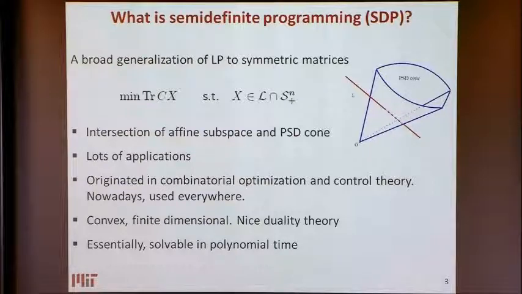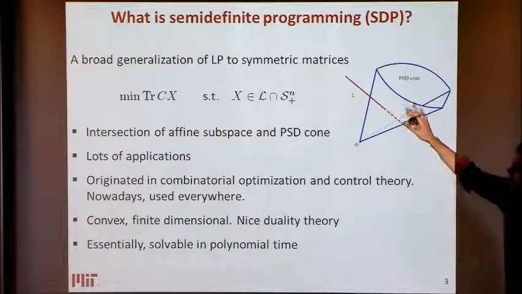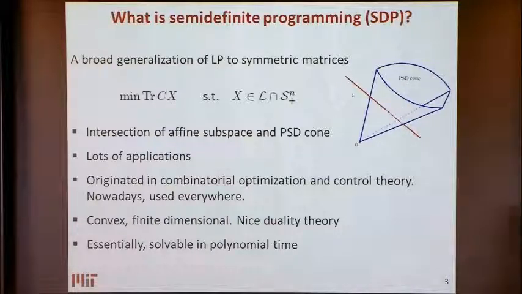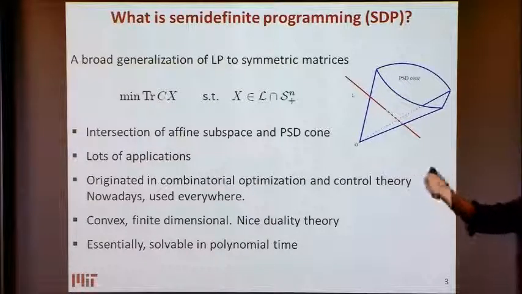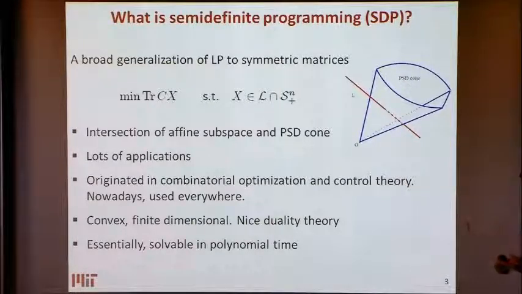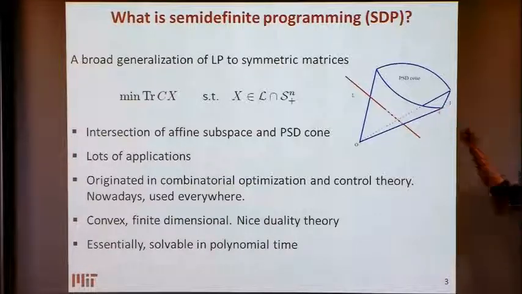I guess we've used it already, but I want to again emphasize a couple of things. It's really like a generalization of linear programming to symmetric matrices. So instead of having linear inequalities in scalar variables, now what I'm going to have is inequalities in matrix variables, where positivity is going to mean that things have to be positive semi-definite. Right? And I like this geometric picture of